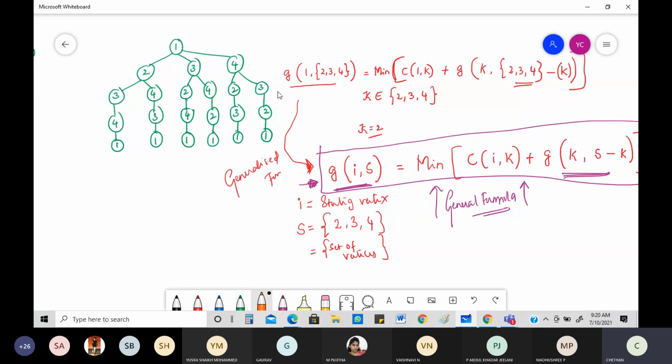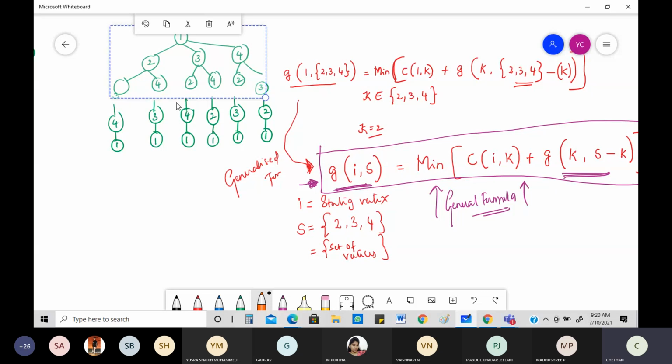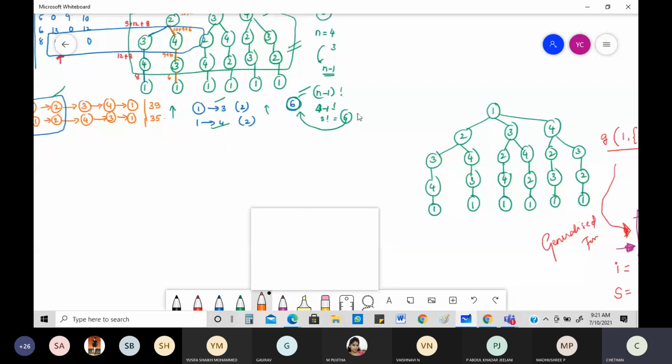And we even wrote the formula with regard to source vertex 1. What was the formula with regard to source vertex 1? For source vertex 1, you can see I start with 1. Then I have the choice of all the 3 cities. Either I can go to 2 or 3 or 4. That is what you clearly see here, and that is what has been written here also.